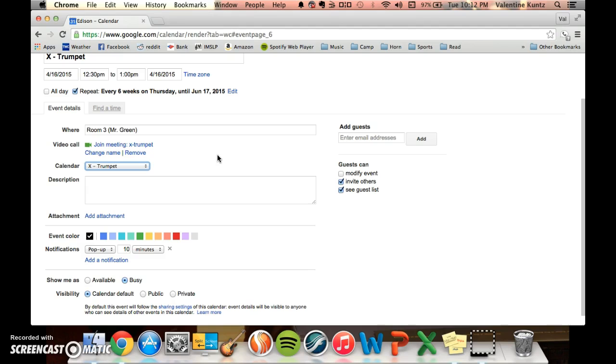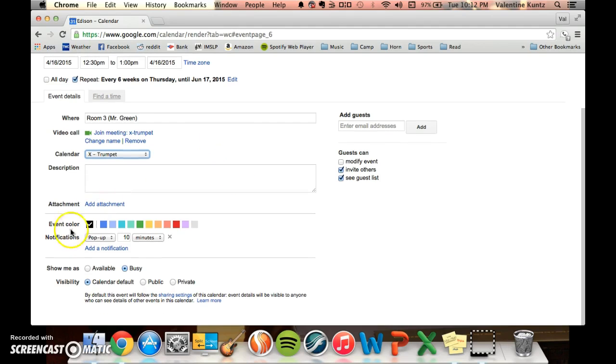The last function is great for students to know about, and it's setting notifications. So right over here, notifications. Your students can go to the events you created and set reminders to help them remember to come to class. They can set it up as a pop-up notification or an email notification. I like to use email for myself. And then they can set it for minutes, hours, days, and even weeks. So if I need to remember that I have a meeting the next day, I can set it for a